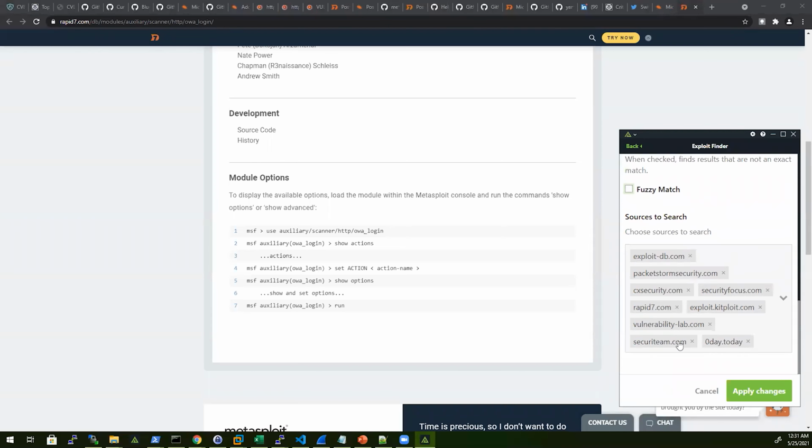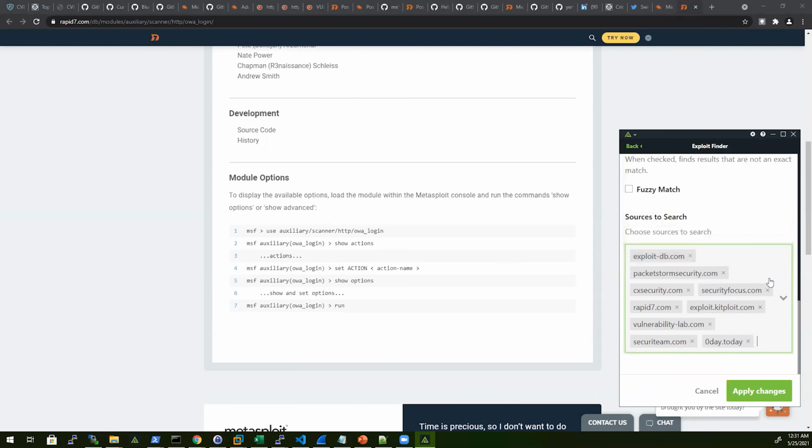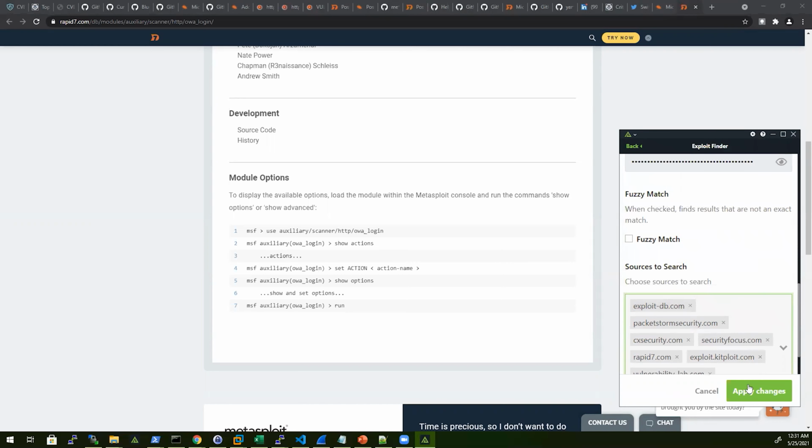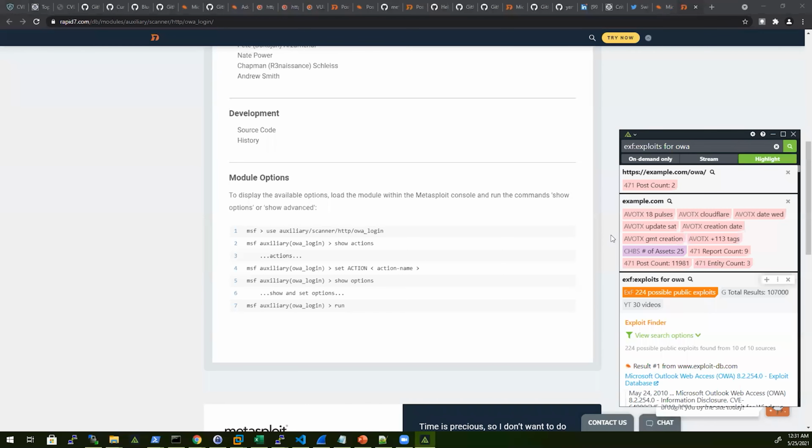This additional configuration I'm showing is how you can actually select the sources. So you can remove sources or add sources here from a predetermined list within the Community Edition version, and you're able to adjust what results you're likely to see first. So here I had removed GitHub as a source for Exploit Finder, and I will run a new search to show,